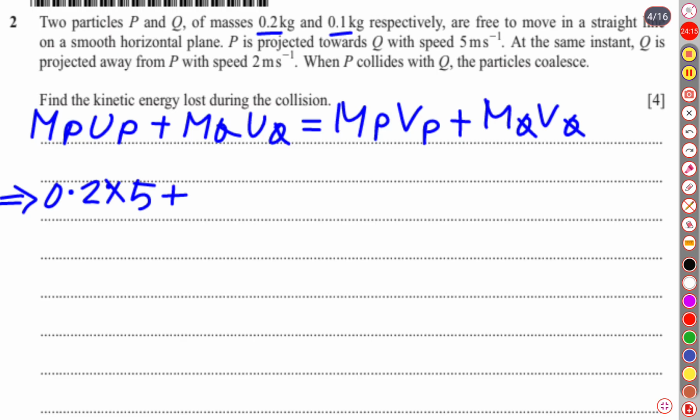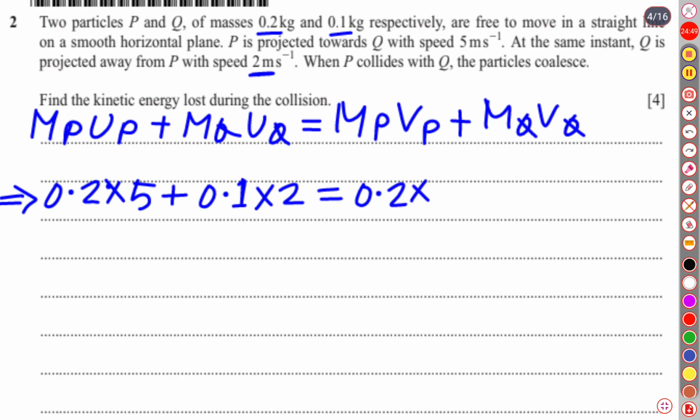plus mass of particle Q is 0.1, and at the same instant Q is projected away from P. Away from P means it is in the same direction as P was moving. So the initial velocity of Q is 2 meters per second. Now mass of particle P is 0.2